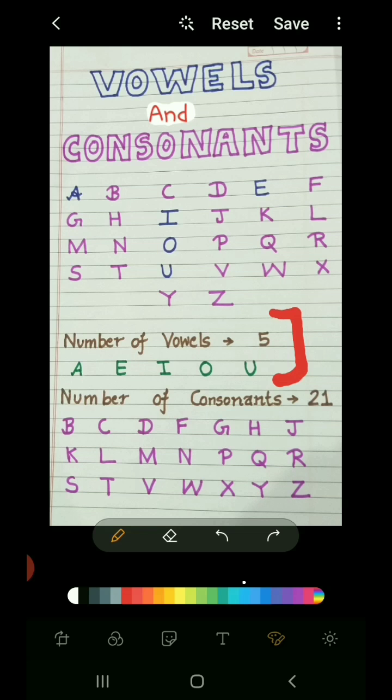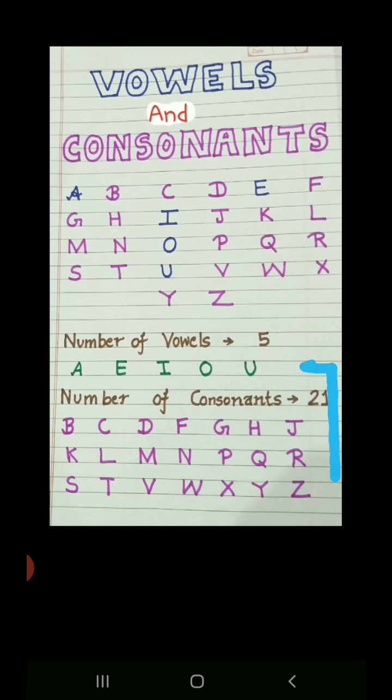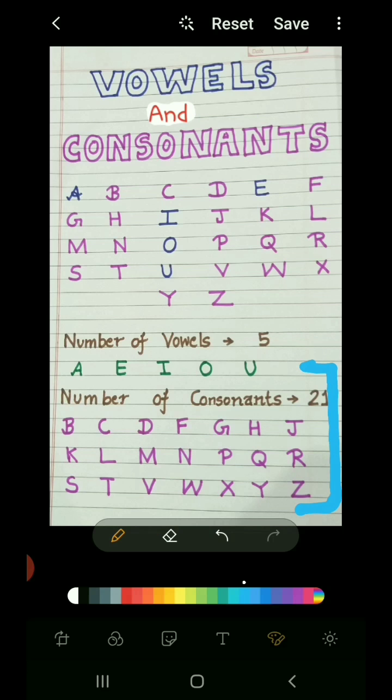Very good. Now, we'll be looking at consonants. How many consonants do we have? We have 21 consonants. Okay, and what are the consonants? B, C, repeat with me, D, F, G,